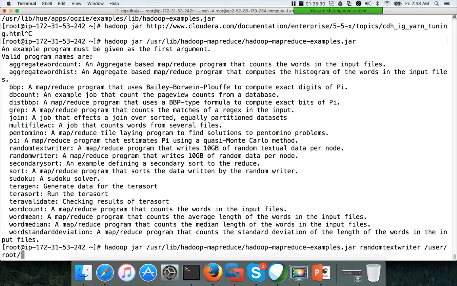This one does not read anything from anywhere, so we don't need to pass an input path. It takes only one parameter, the output path, to which the data will be written.